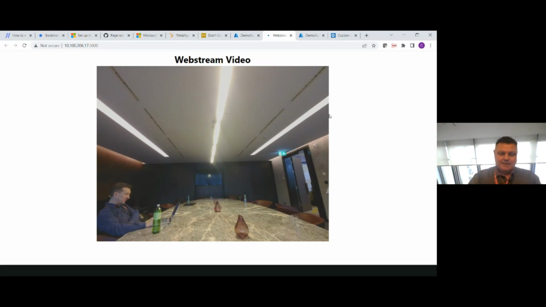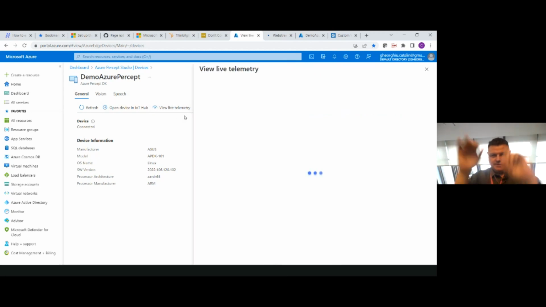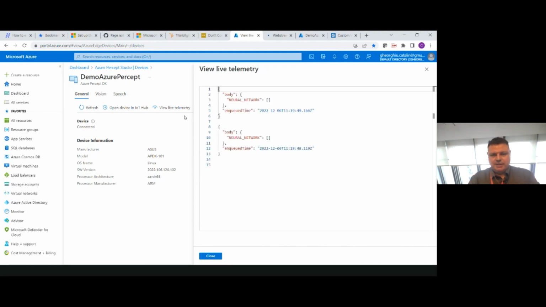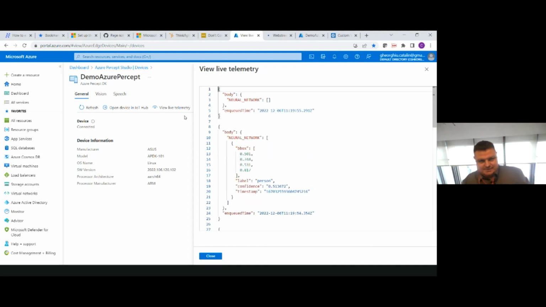Again, it's a sample model. And again, if you want to do a good job, you need to have the good picture and somebody smart doing the labeling. And also it could help to have filters. Getting back. We've seen how the data is trickling up. So let's see again the telemetry, because it's still running. What we not gonna change, because I'll say Percept DK, we now see we had a couple of not recognized